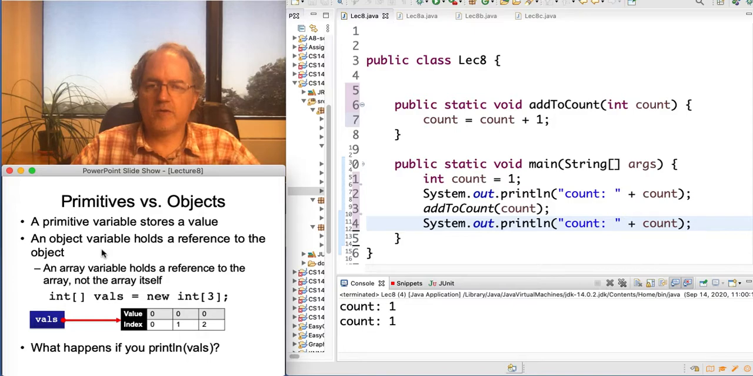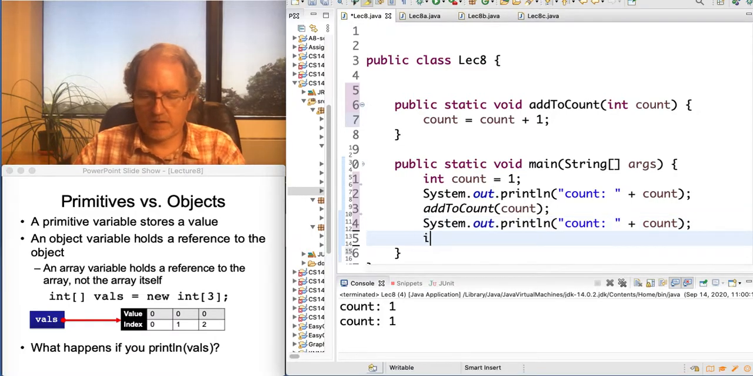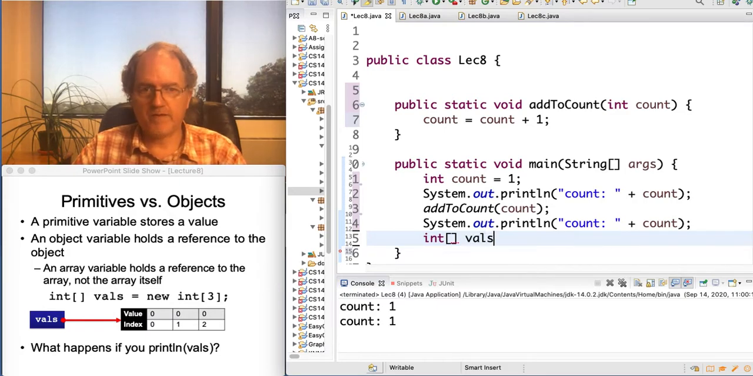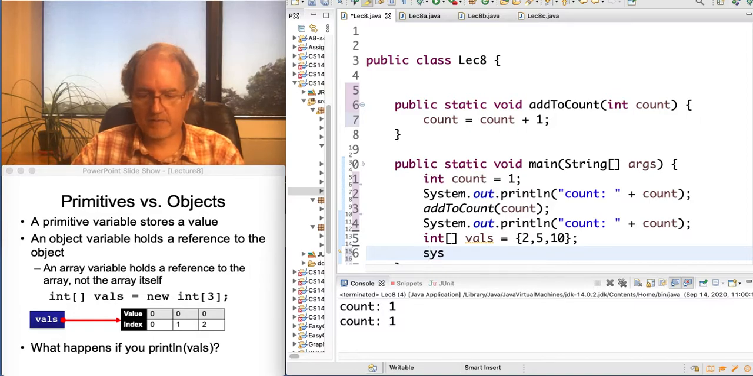An object variable holds a reference to the object. We're going to talk a little more about what references are in a second, but it holds the location of where that object is, not the object itself. So let's make an array here. We did this in the package video, but I'm going to do more with it here. So we make vals equals 2, 5, 10. I'm just trying to make numbers that are distinct from their index. If you do 0, 1, 2, it's hard to tell what's the value and what's the index, so I'll just make it clear there. And if I print this out,